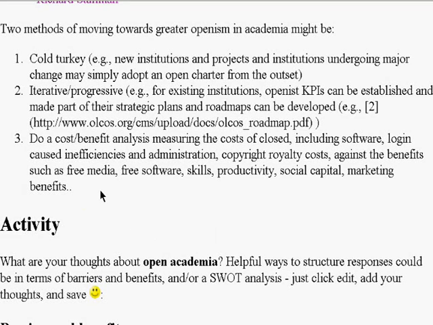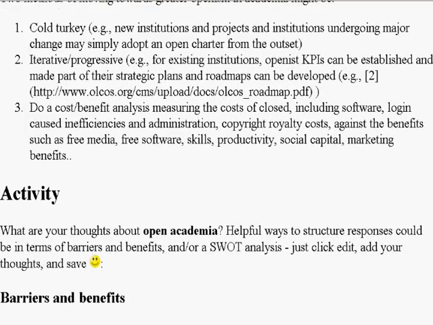A third strategy can be to undertake a cost-benefit analysis of the relative costs involved in using closed systems versus open systems. And this more rational process may well be useful for justifying these other two approaches by putting empirical evidence to these claims.